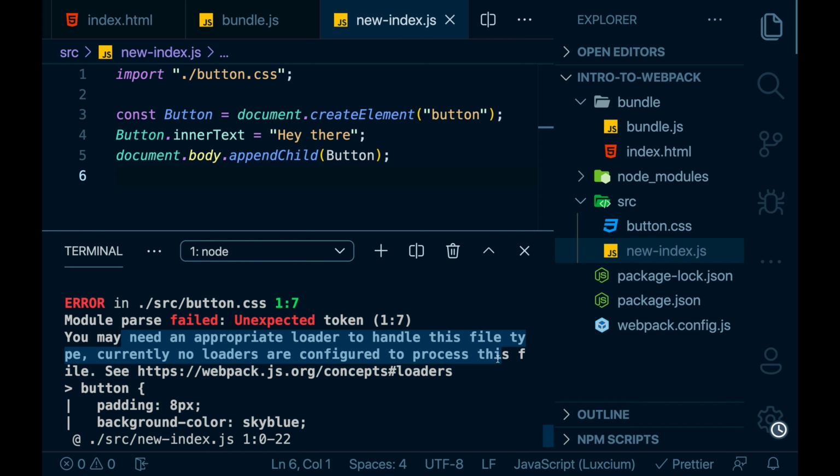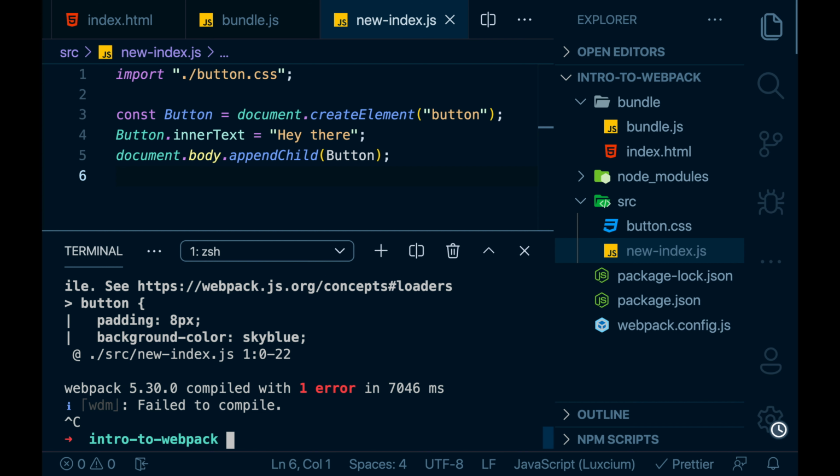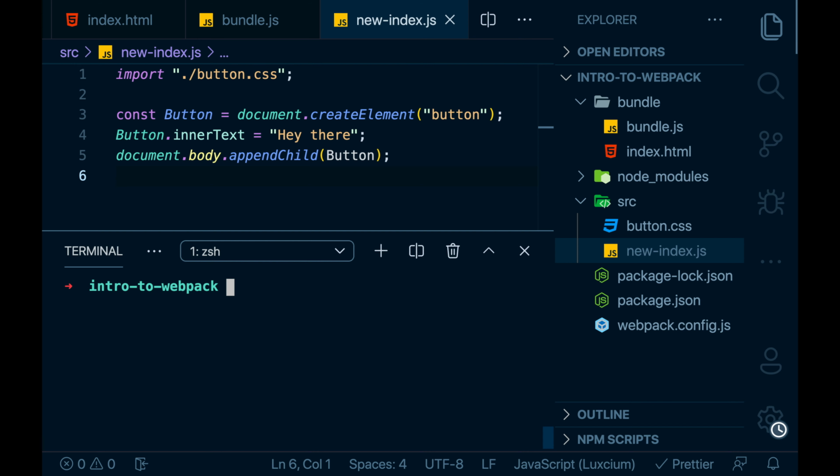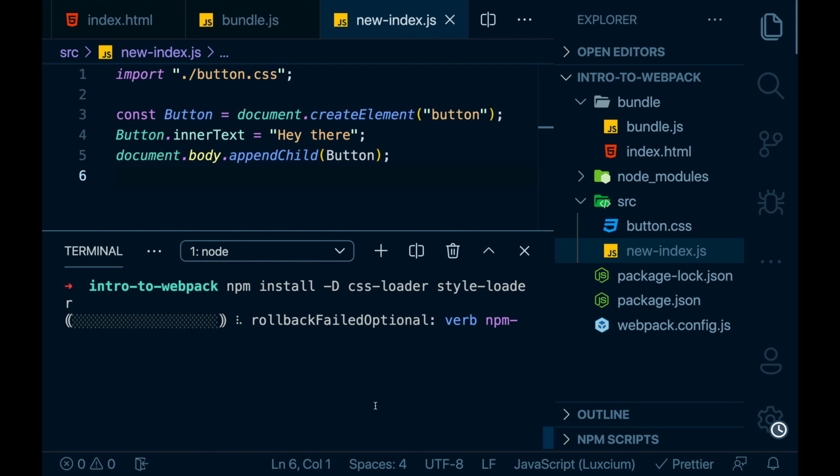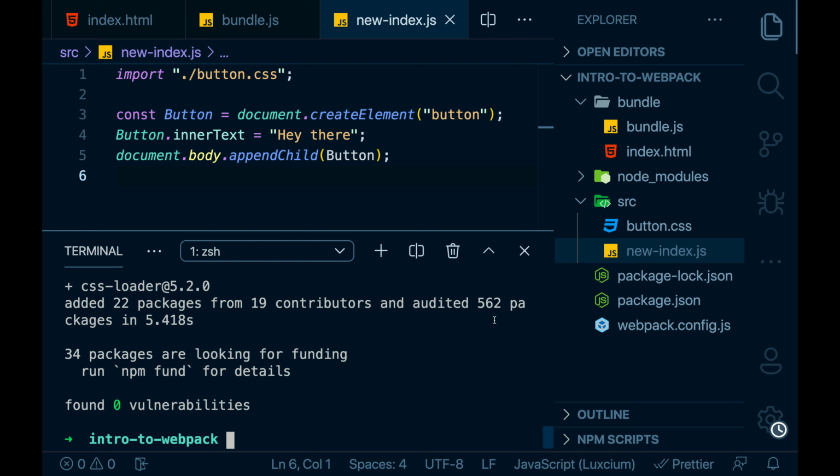To fix this error, I need to install css-loader and style-loader. I'll say npm install -D css-loader and style-loader. CSS loader converts CSS into a module and style loader injects these styles into the DOM.